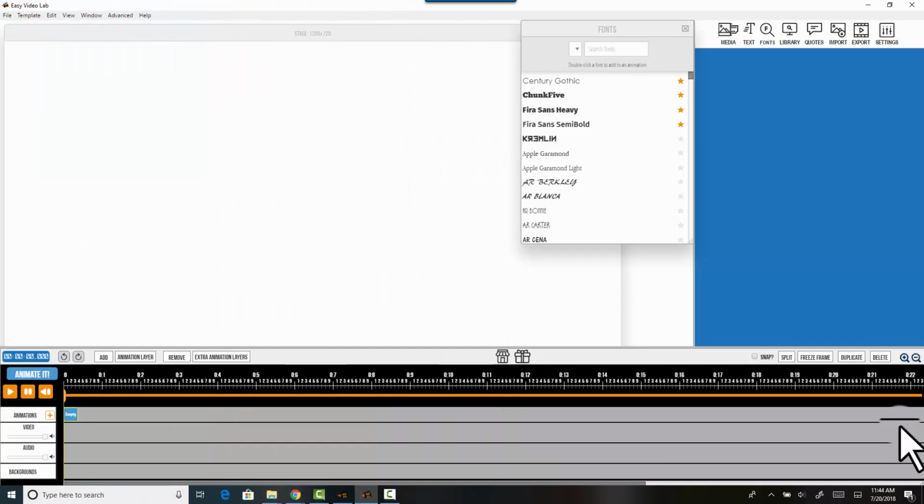Here is Easy Video Lab 2.0. This is what appears when I open my software. You can see it's a little bit different look than the earlier version. Primarily the fact that all of the controls are on the right-hand side, leaving a much larger section over here